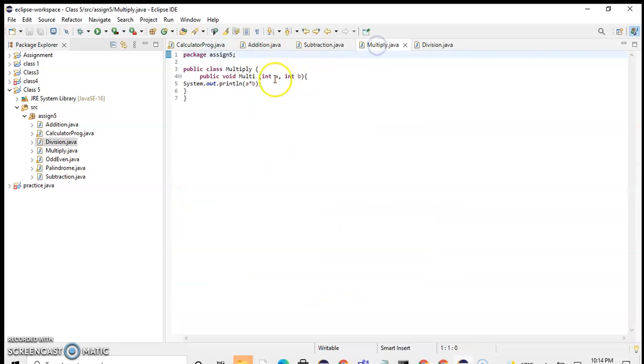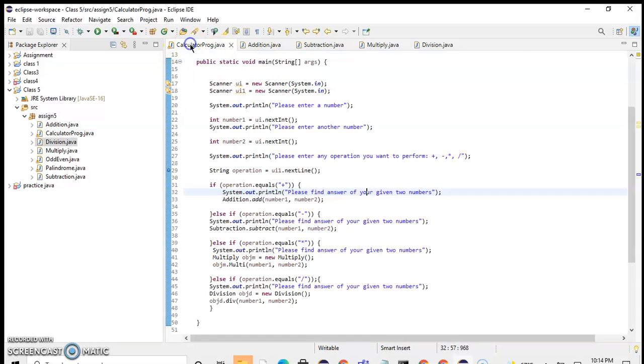This is a class and this is a method with integer a and integer b. So for this, class Multiply object m is equal to new Multiply. New is a keyword for creating any object, then Multiply is the class name, with open and close parentheses. Then object dot multi, which is the method, with number1 and number2, which are given by the user.